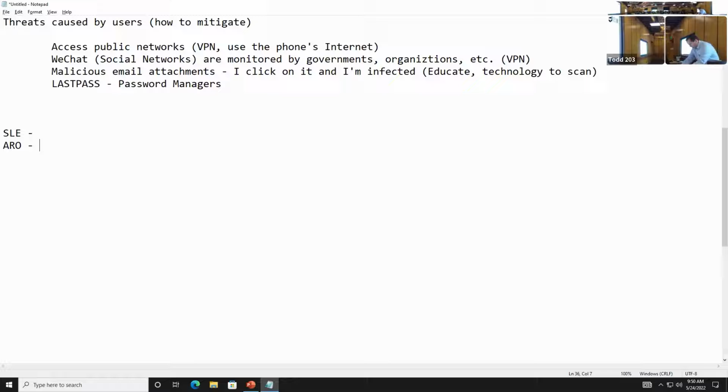And then the last number that we're going to have is the ALE, which is the annual loss expectancy. And so to get that number, all I'm going to do is take the value of this iPhone and multiply it by the number of times I think it's going to be lost. So if it's worth $1,000 and we expect 10 of them in our organization get lost, destroyed, whatever, then that costs me $10,000. So that's how much of a risk we're facing as an organization.